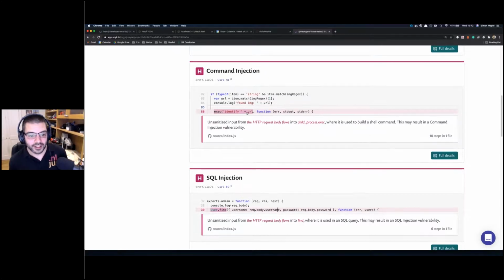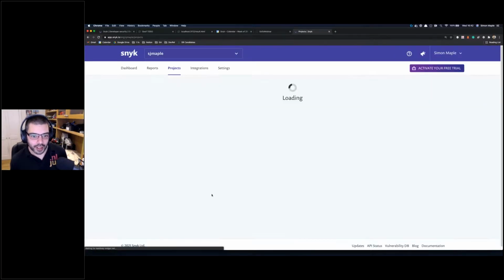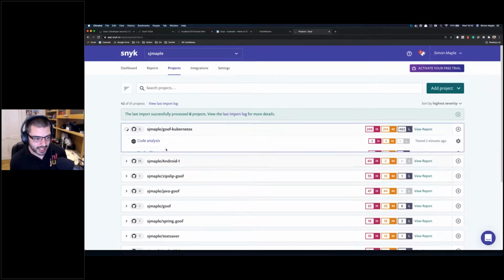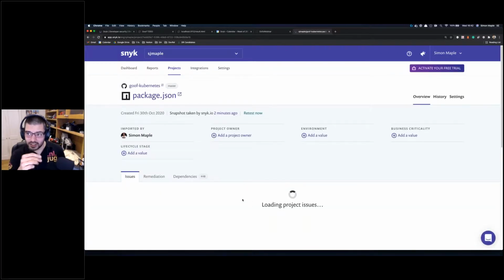Very similar here. The URL, the code here in the URL, could potentially break out of this and execute its own command within this exec block. So this is a command injection vulnerability. This is Snyk Code, which allows us to scan our own code. If I go back to my projects, let's go next to the package JSON, this was the next tip,